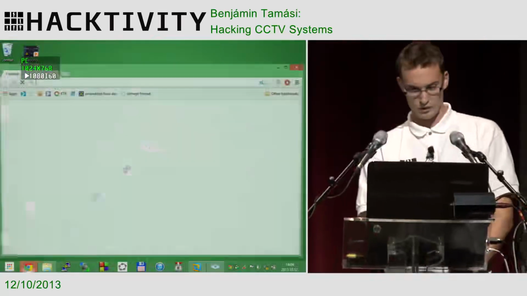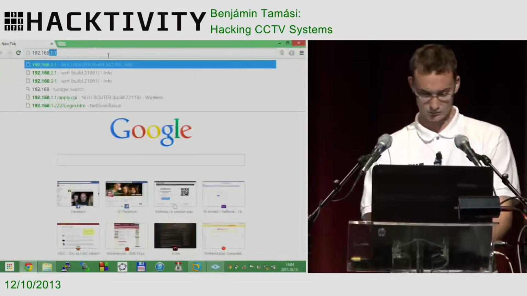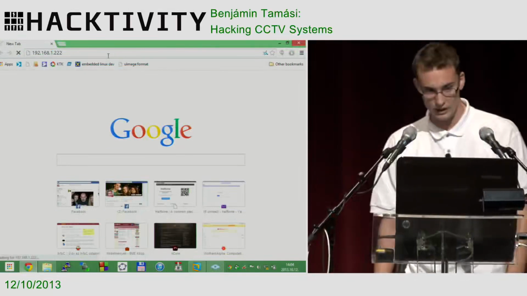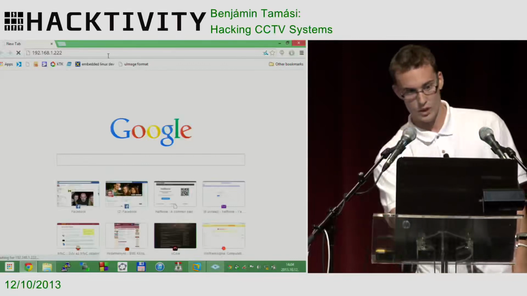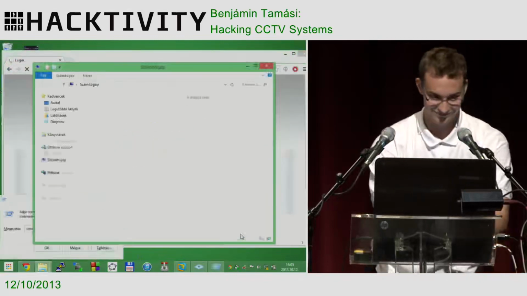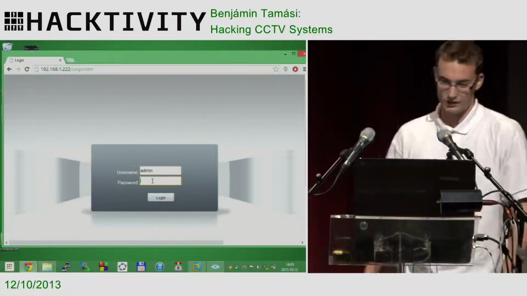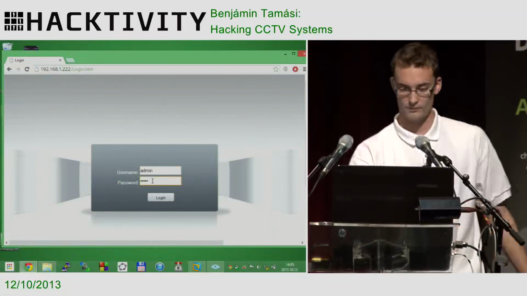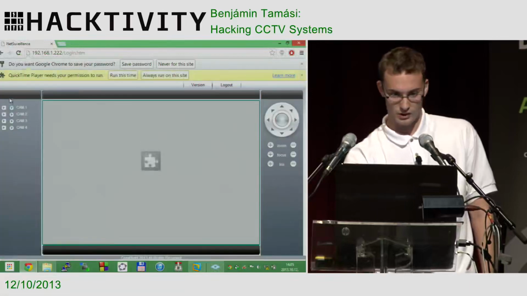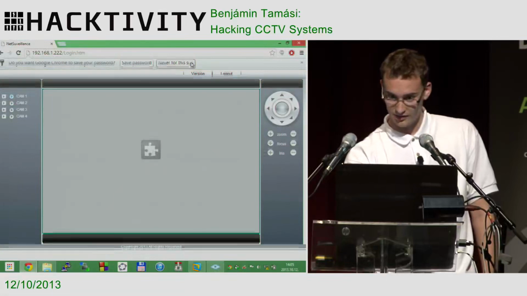If I were to open a web browser and type in the IP address of this DVR, then I can have access to a nice little web graphical user interface, of course, if it loads. Yep, there it is. OK, we're greeted by the same screen, and the password is the same. So we can log in. And we can check out this nice page. We can view the cameras. If we run QuickTime,